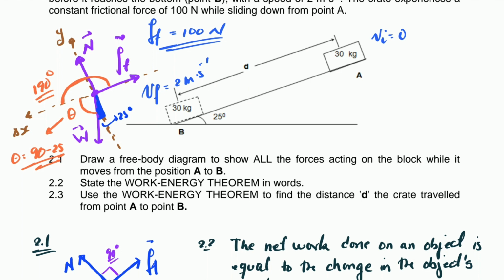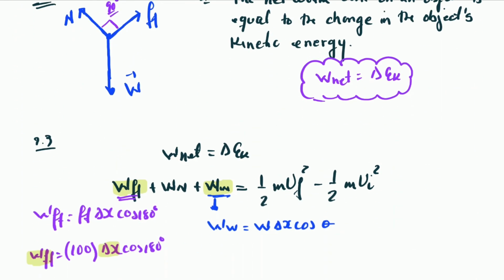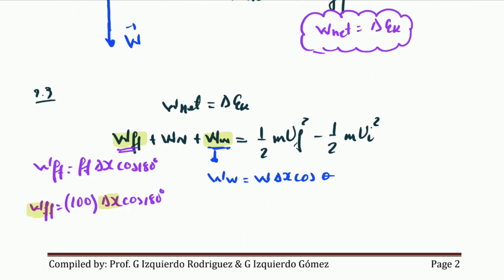So we are going for 90 minus 25 to solve this question for the angle. So now we say that this one is equal to mg displacement cosine of 65 degrees, which is 90 minus 25. And if you substitute here,